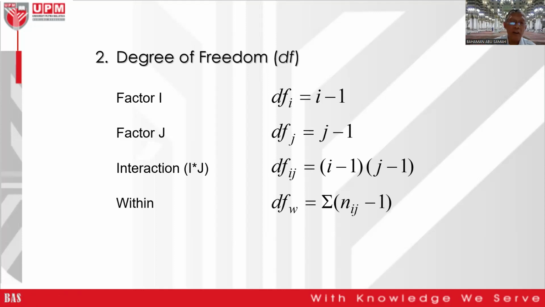And then degree of freedom for within is summation of nij minus 1. And for the total will be N minus 1. That will be the 5 degrees of freedom that we need to calculate before we can proceed to calculate the mean square. Right? Now after we have calculated the sum squares and degrees of freedom,